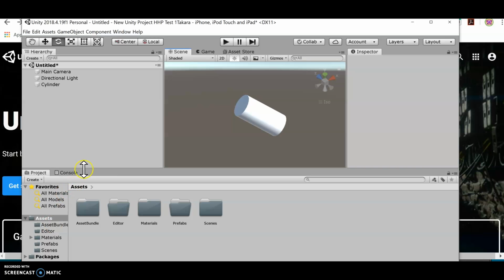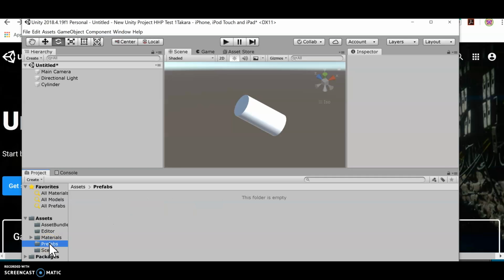And the next step is we want to go into the project tab. Now under the project tab, you're going to create a few more folders. It comes with an existing package folder. It has a scenes folder, but you are also going to make a prefabs folder. So I already have mine here. To create a new folder,